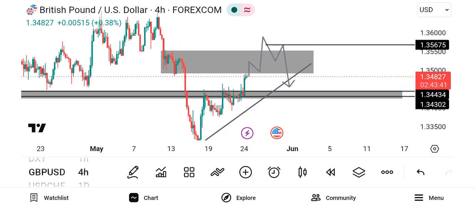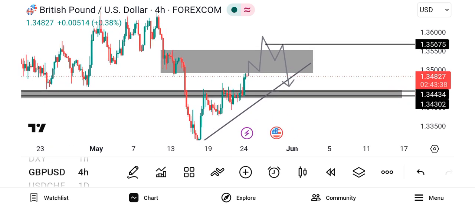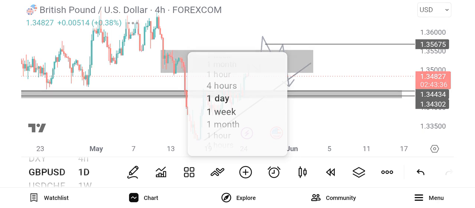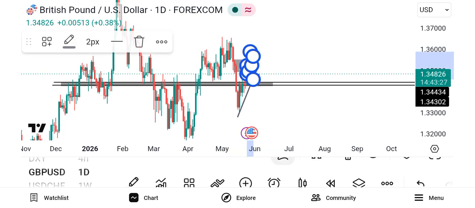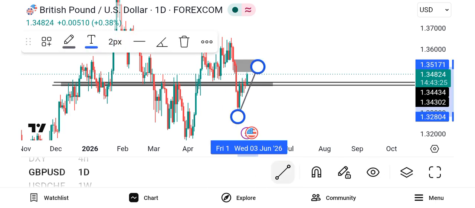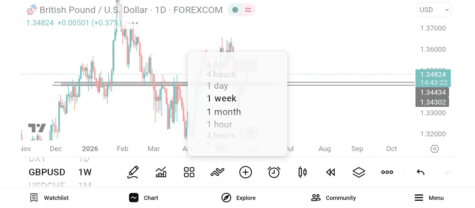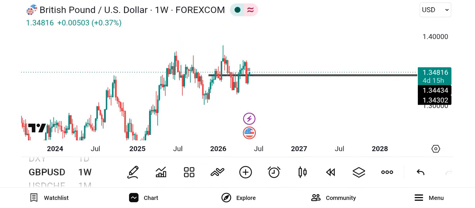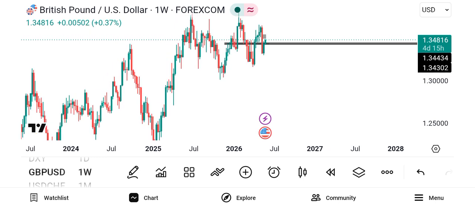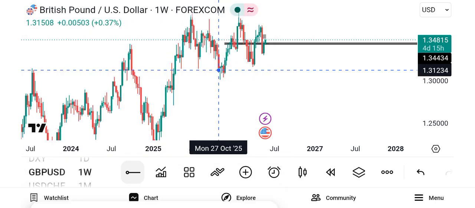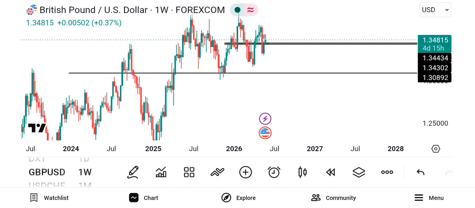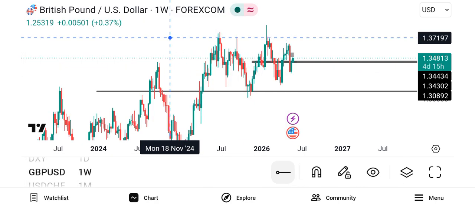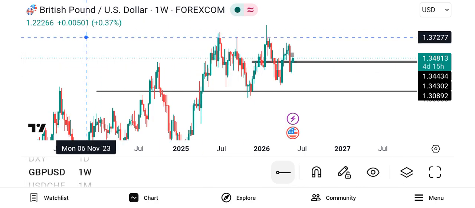I want to sell, I'm not buying, because overall from the 4-hour and daily, the market has been giving me a bearish sign. But if you check from the weekly, let's quickly delete all this. You've gotten what we explained. But from the weekly perspective, the market is not really giving direction. The market is just stuck in between this particular zone, which is not good. The market is just stuck in between here and here, and we are still waiting.